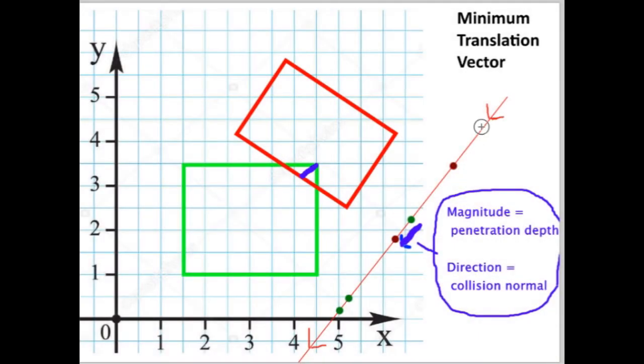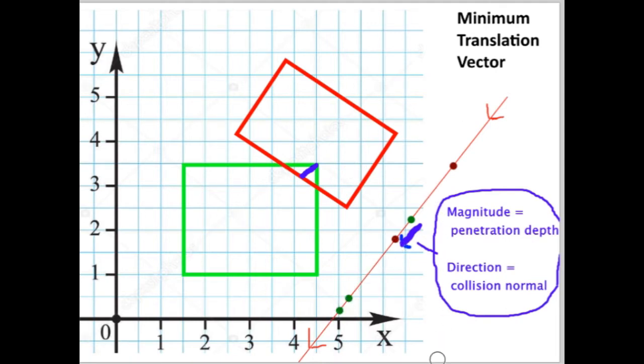I need two variables to solve the penetration resolution between two colliding objects, the collision normal and the penetration depth. And if I use the separating axis theorem, then the vector that contains both of these pieces of information is called the minimum translation vector. It's the shortest vector that can separate two colliding objects. And I can get it by keeping track of the minimal length of the overlaps while iterating through the axes. The value of the minimal overlap will be the magnitude of the MTV, and the direction will be either the axis direction or the opposite.